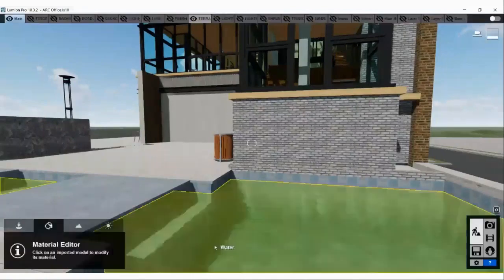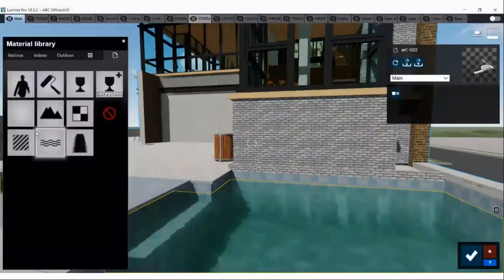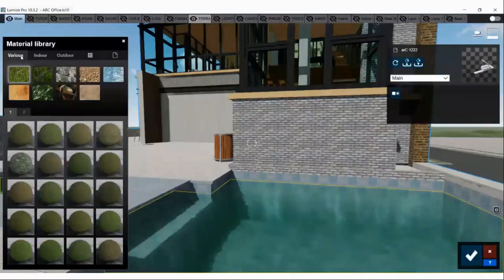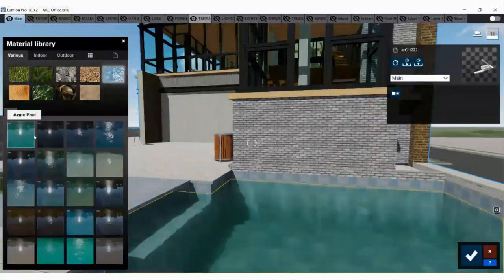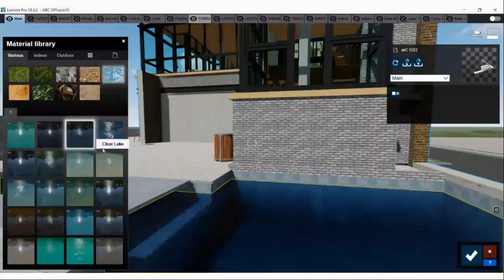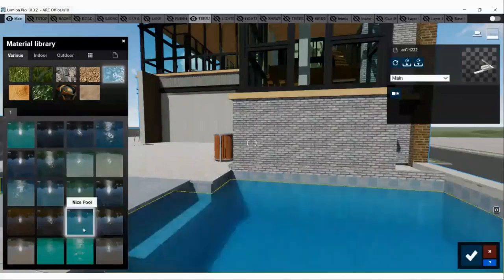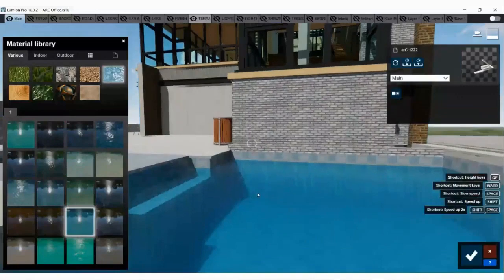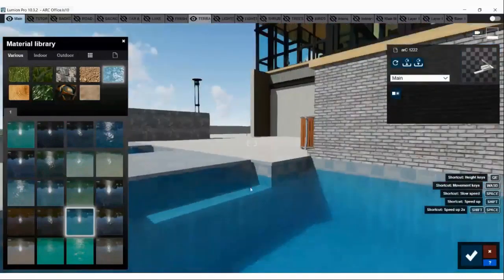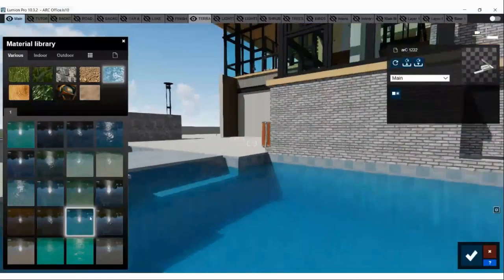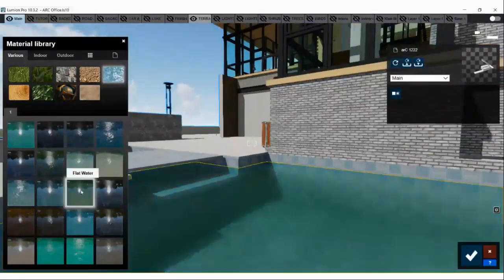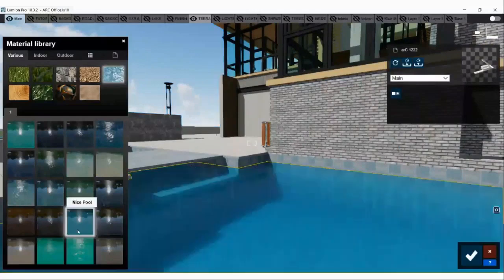So first we will check with the water. So you can see the pool water here. Lumion has a very vast material library. If you are investing your time to create this kind of 3D materials in other software, you can check how fast and quick Lumion is. You just have to select the material with a single tap, and you can check all the properties, whether it matches your material requirement. Like now we have the water, so if it matches the material requirement of the water, this is a nice pool, a flat water, some tropical also.